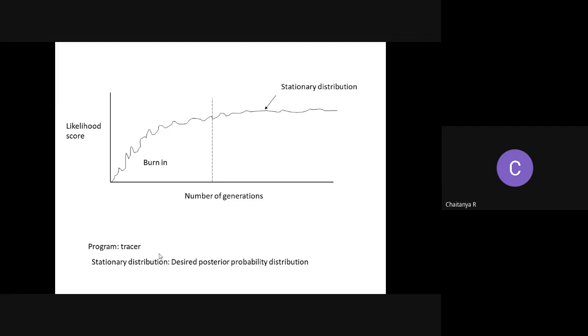So once your runs are done, right, and your cold chain has sampled every 100th generation, and it's given you a bunch of samples, right? Like Praveen was talking about in the Nandini and Amul example, the same thing will happen with sampling posterior probabilities of trees. So initially you will see that your graph kind of is growing like this, right? It's not stationary or stable. The likelihood score is constantly increasing as your number of generations go up, right? And at a certain place,